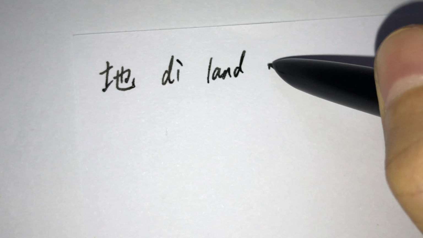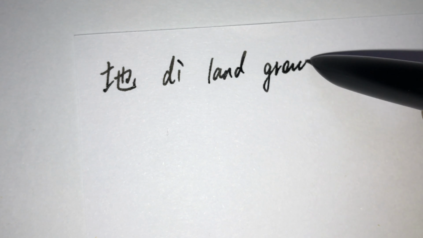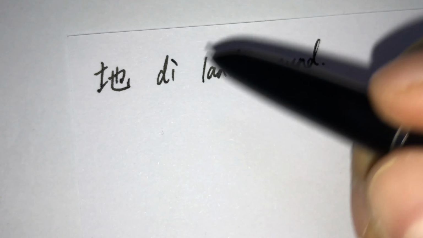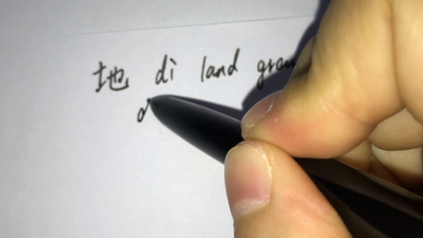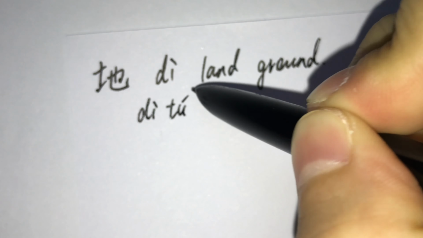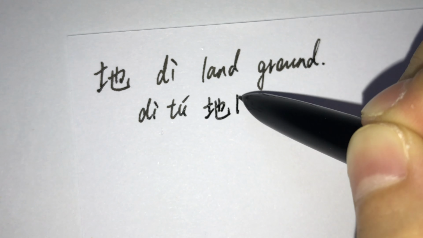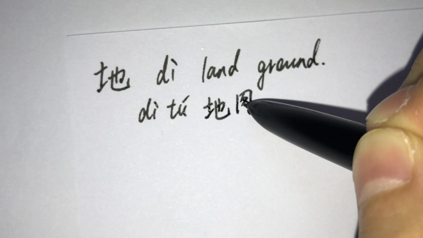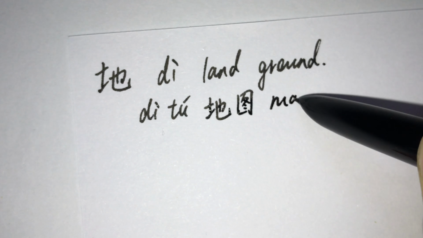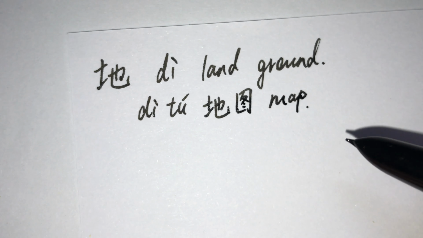土也 地 It means land or ground. For example, 地图 map 地图